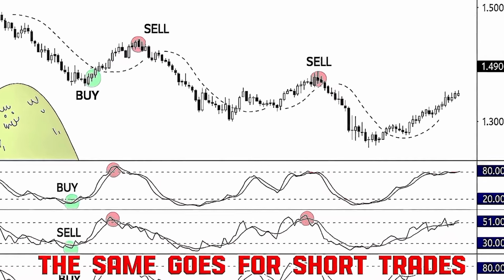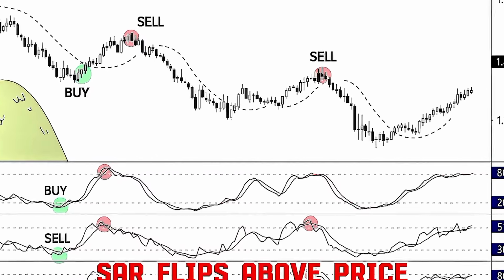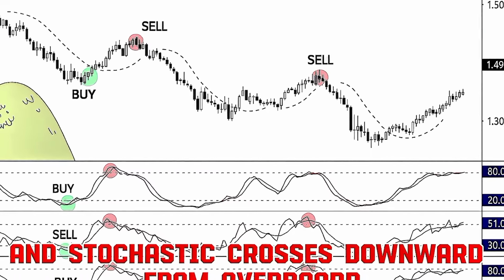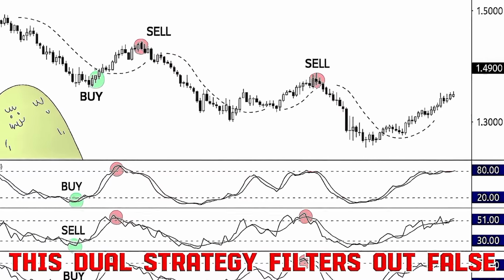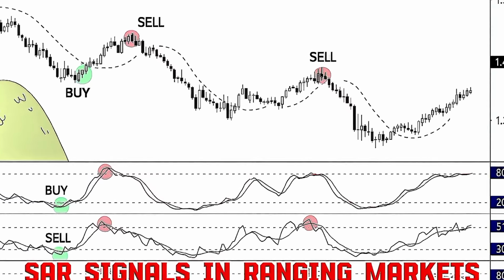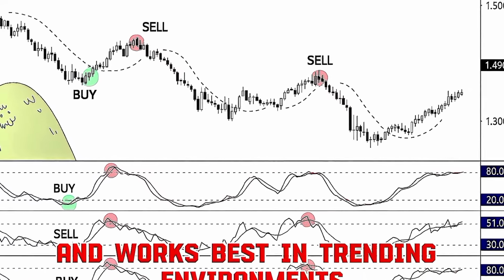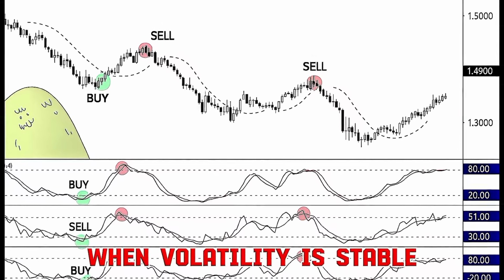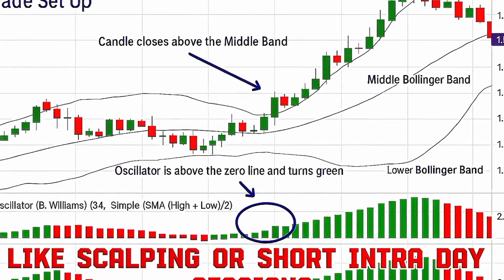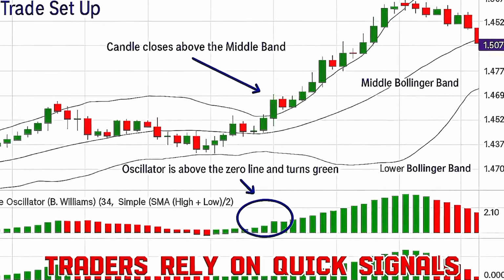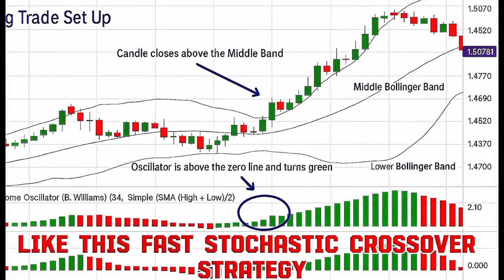The same goes for short trades. SAR flips above price and stochastic crosses downward from overbought. This dual strategy filters out false SAR signals in ranging markets and works best in trending environments when volatility is stable. In fast-paced markets like scalping or short intraday sessions, traders rely on quick signals like this fast stochastic crossover